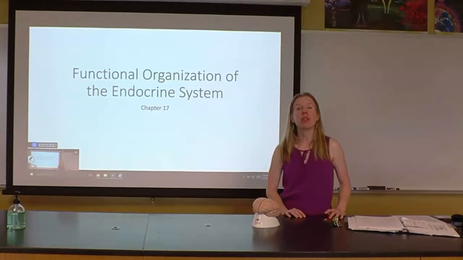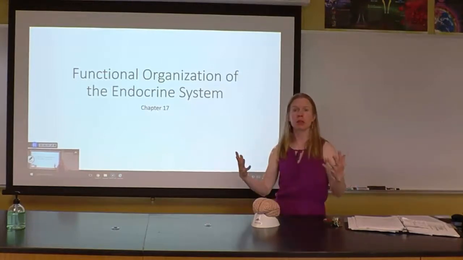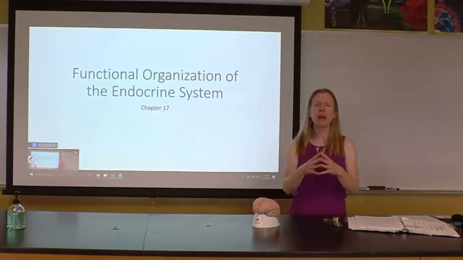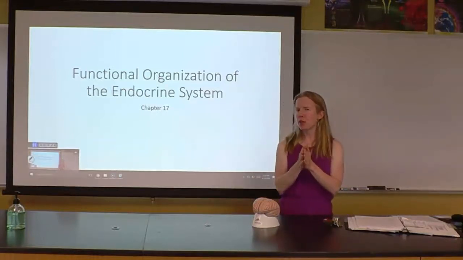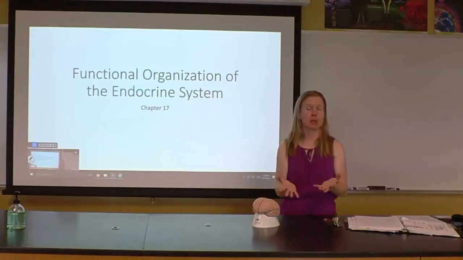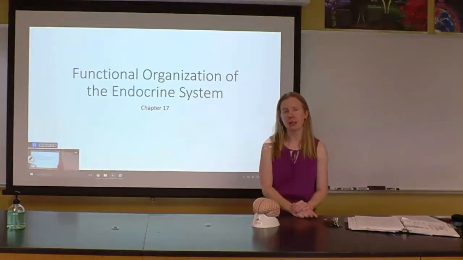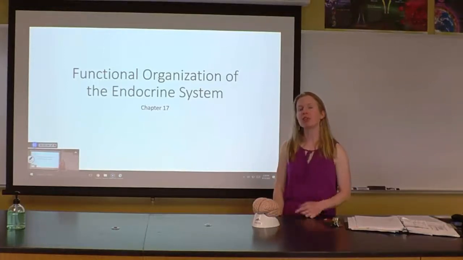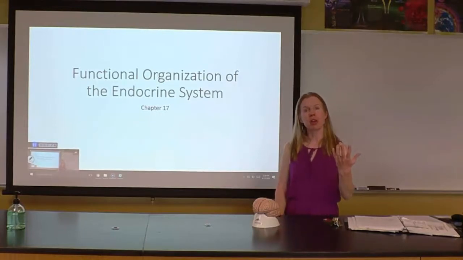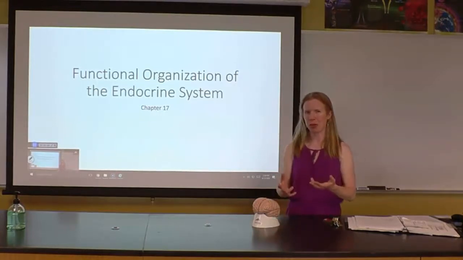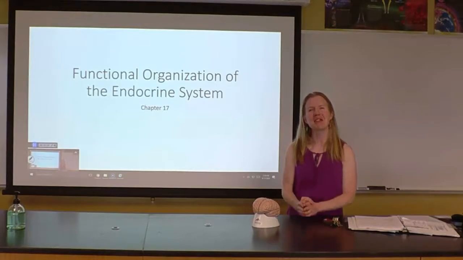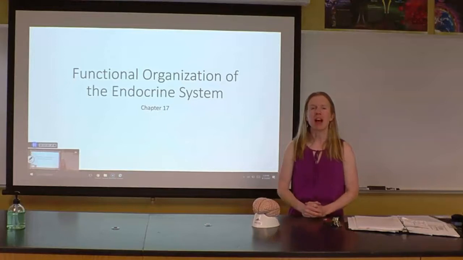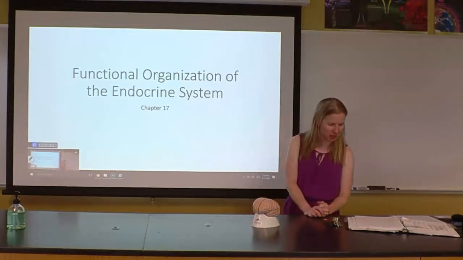AMP1 ended with the nervous system, right? And the nervous system is using neurons and action potentials and neurotransmitters, right? But what it's really trying to do is send messages to the body or control various aspects of the body. So here in AMP2, we're starting with the endocrine system, which is the other major organ system that controls the body. But we're going to see that it does things very differently, right? It's using hormones that are carried through the bloodstream to pass on those messages, right?